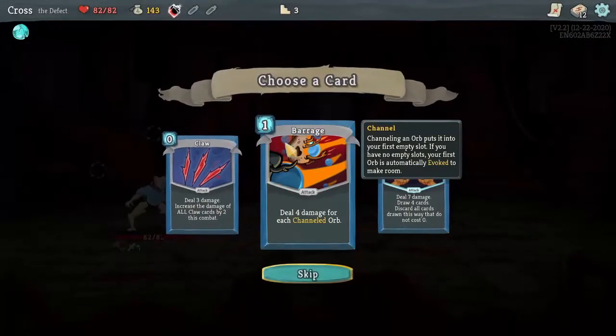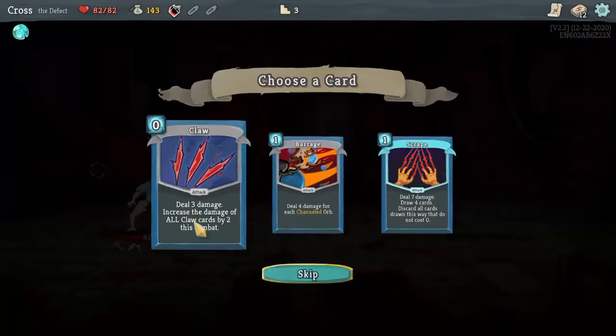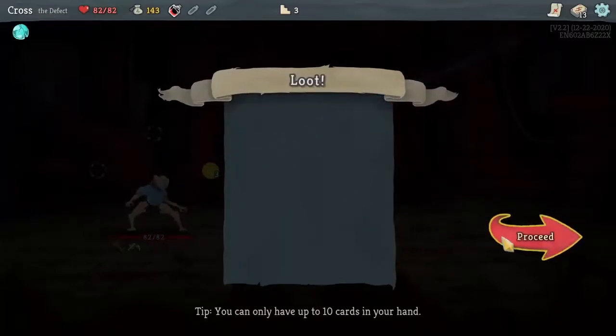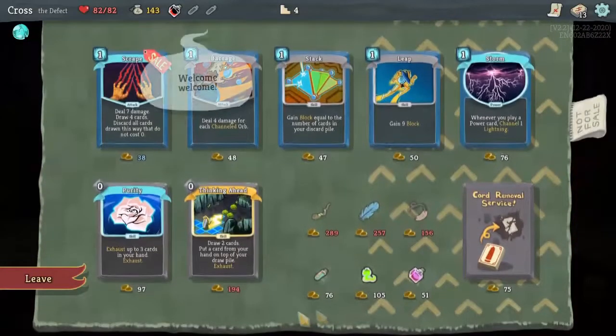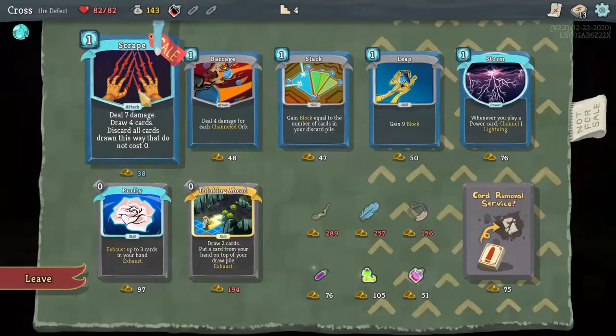Marauding on through. Alright, here's Claw. This is what I'm talking about. Every time you use Claw in combat, it increases by 2, so that's the point. If you have a bunch of Claw cards, eventually you'll be doing insanely large amounts of damage with your Claw cards. Yes, welcome. Now, Scrape is cool, because if you have a lot of 0-cost cards, you can summon a